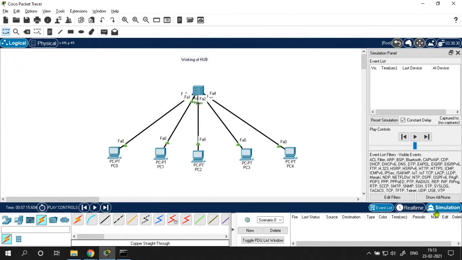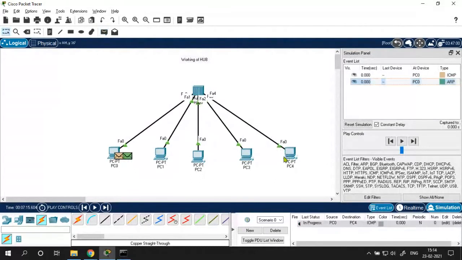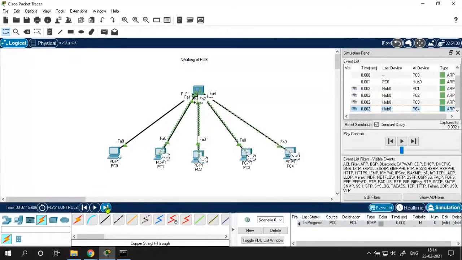Click on the simulation. You can also observe this event list, which shows which event is happening at what moment. So let me select a PDU; this is my sender machine, and this is the receiver. Click on this. Now click on capture and then forward. Okay, fine. The packet is received by the hub. Now capture and forward. See,